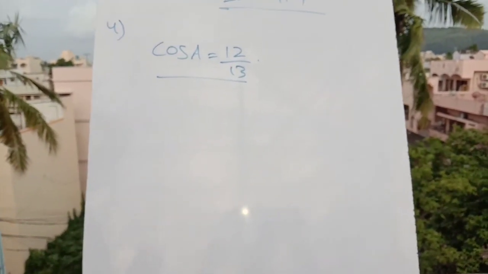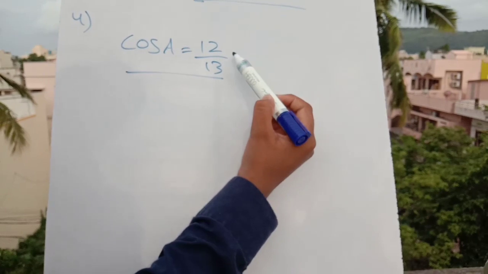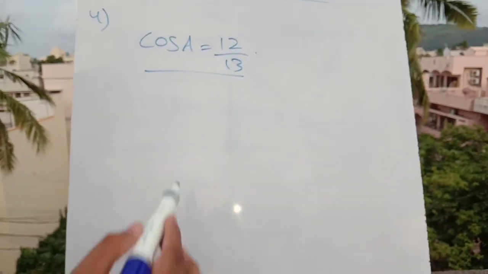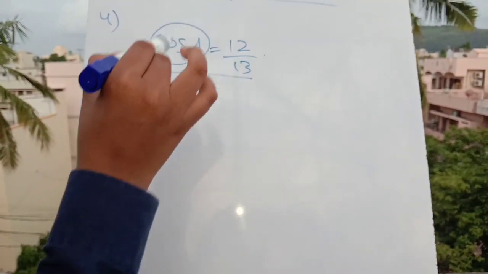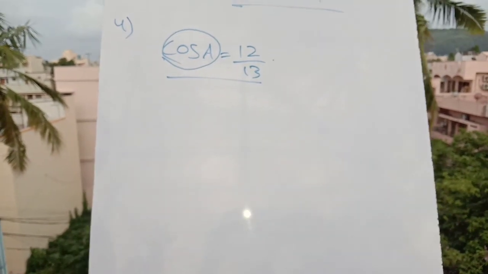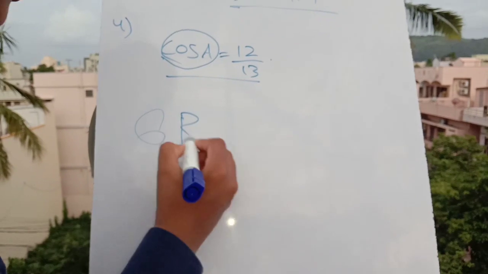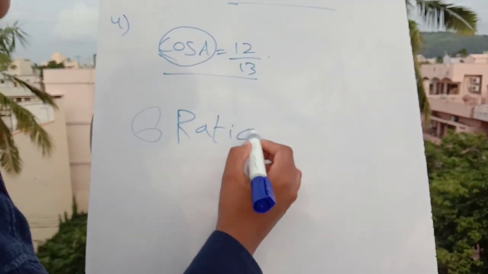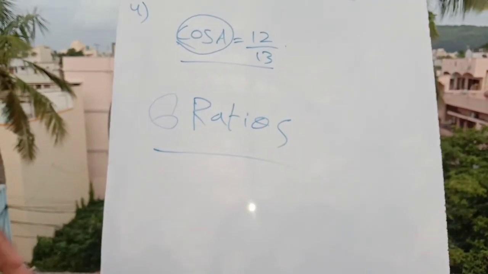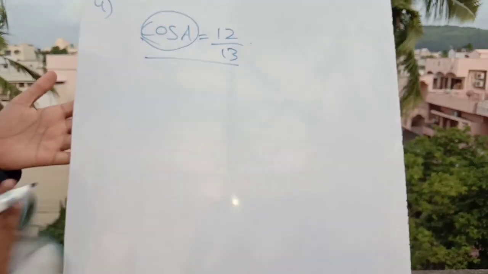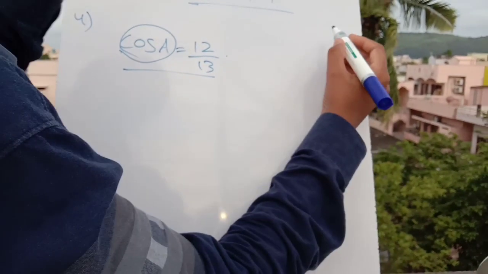Once, we have to keep in mind that it is going to be a ratio but not sides, because we have already discussed that these cos, sin, tan, cot, cosecant and secant, all these six are going to be ratios but not the sides or centimeters, meters, not like that. So they are definitely going to be ratios. So in order to find them, we have to draw a triangle first.